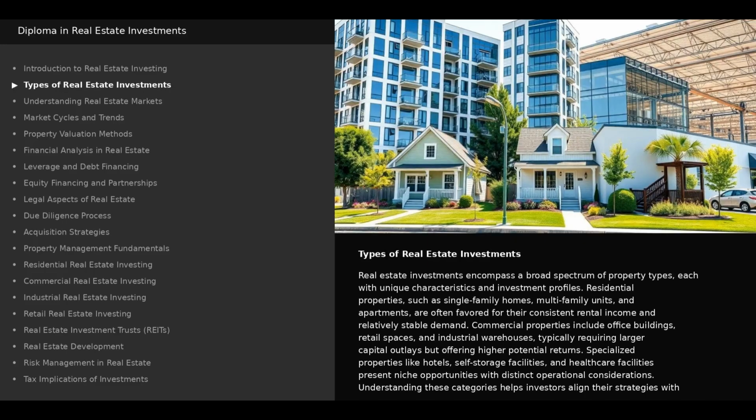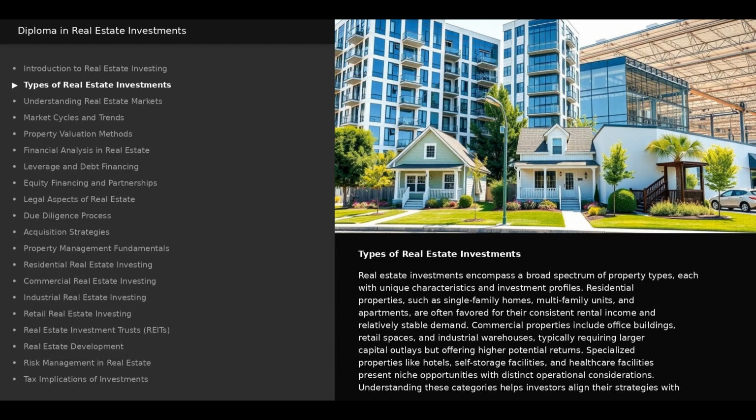Types of real estate investments. Real estate investments encompass a broad spectrum of property types, each with unique characteristics and investment profiles. Residential properties, such as single-family homes, multi-family units, and apartments, are often favored for their consistent rental income and relatively stable demand. Commercial properties include office buildings, retail spaces, and industrial warehouses, typically requiring larger capital outlays but offering higher